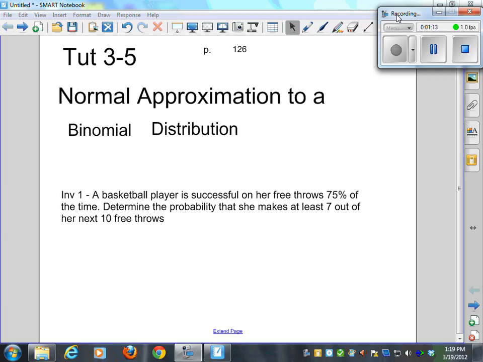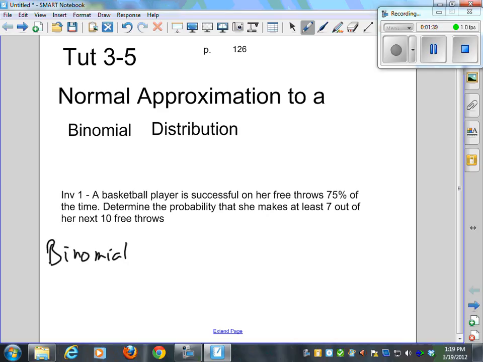So looking at page 126, in the investigation, a basketball player is successful on her free throws 75% of the time. She's a 75% free throw shooter. Determine the probability that she makes at least 7 out of her next 10 free throws in these two ways. Now we could do it by the binomial distribution. It's relatively simple. So by a binomial method,